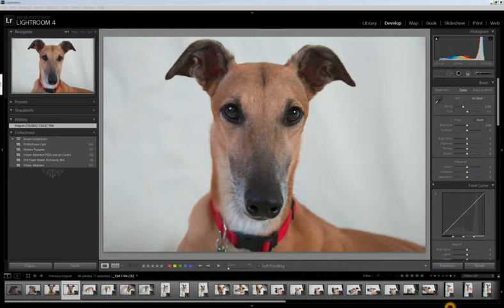Hey, this is a brief tutorial to show you how to use the histogram when you're editing your images. This is in Lightroom 4. The tools here in the Develop module are a little different from Lightroom 3, but the same basic ideas apply. Now, the histogram in Photoshop works a little differently, and so Lightroom is really the good place to be starting